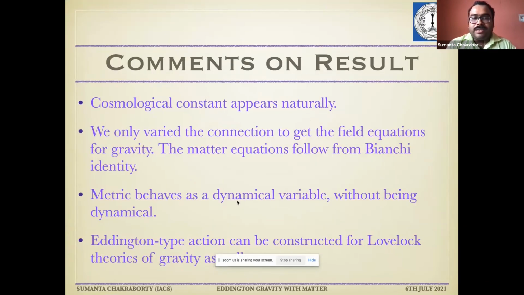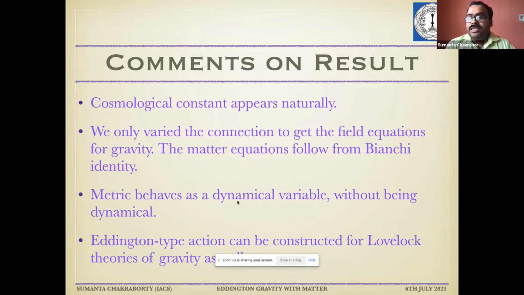There are some comments that I would like to make on this result. So first of all, unlike the Einstein-Hilbert action, where the cosmological constant has to be added by hand to the action, here the cosmological constant appears naturally. Actually, the validity of this action principle requires a non-zero cosmological constant, since the determinant of R_AB minus kappa T bar_AB is effectively proportional to the cosmological constant itself. So the inverse metric would not be defined if the cosmological constant is 0, and the approach will fail. So it requires existence of a non-zero cosmological constant.